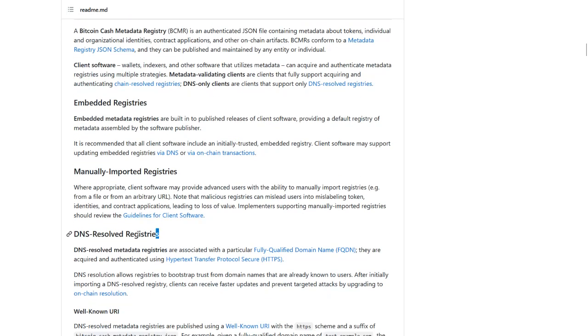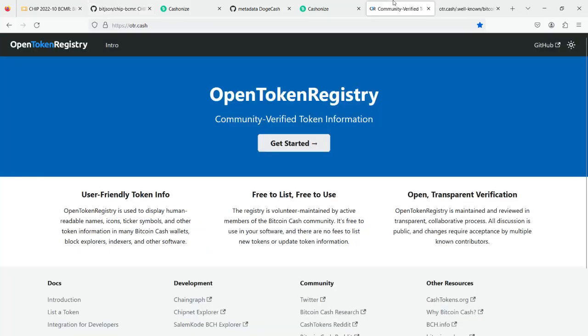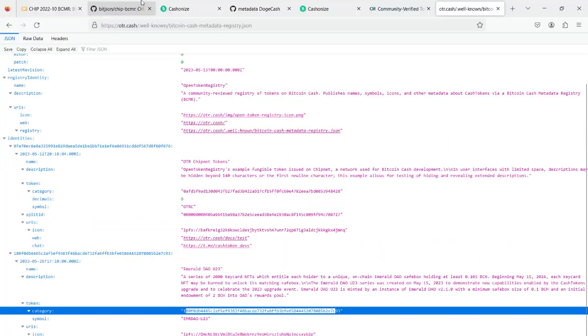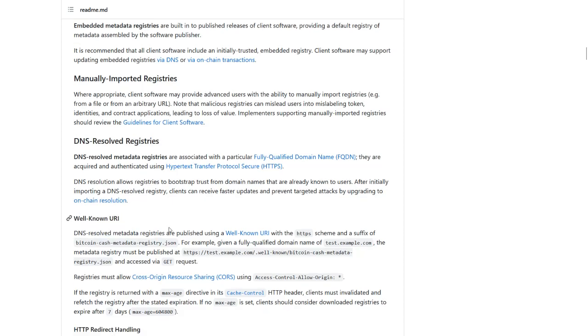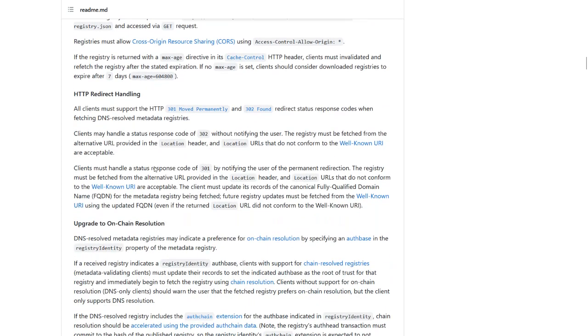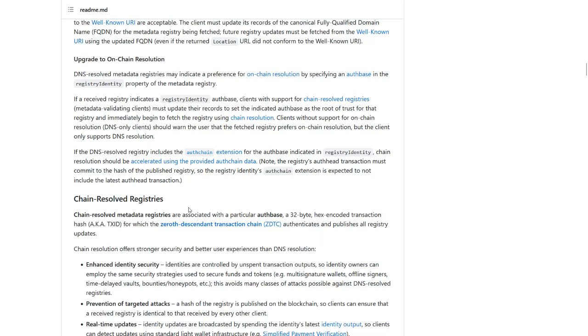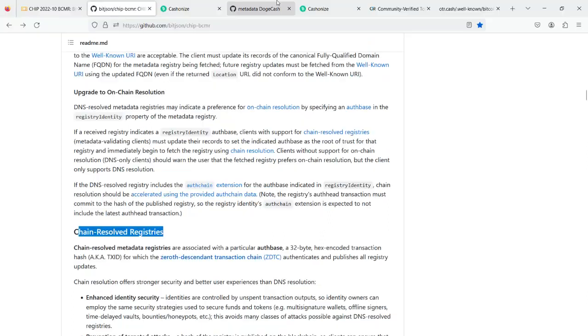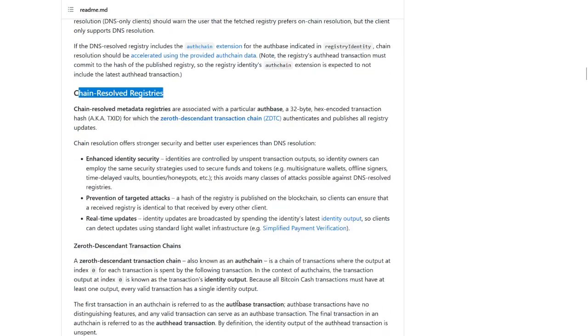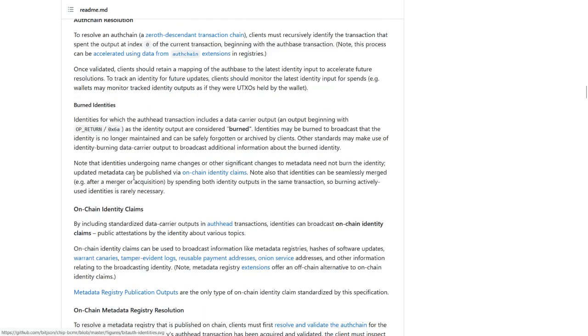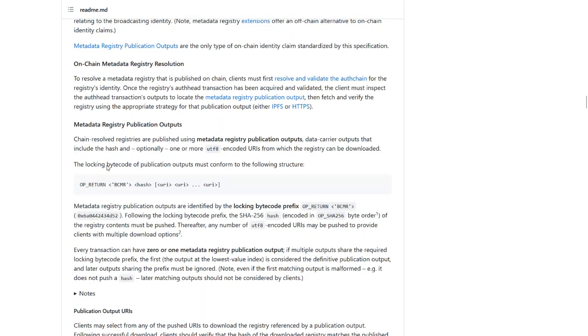So we discussed DNS resolved registries with otr.cash and the well-known standard. So here it explains the well-known URIs. Then let's scroll past all these technical details and take a look at chain resolved registries. So this is exactly what you see here in the Cashonize wallet. This is all chain resolved registries. And if we skip the benefits and go straight to the bottom, here it says metadata registry publication outputs, which